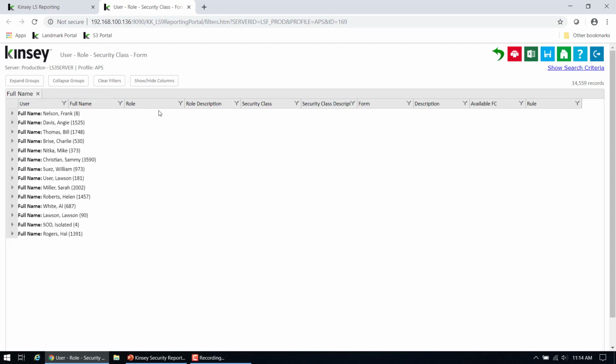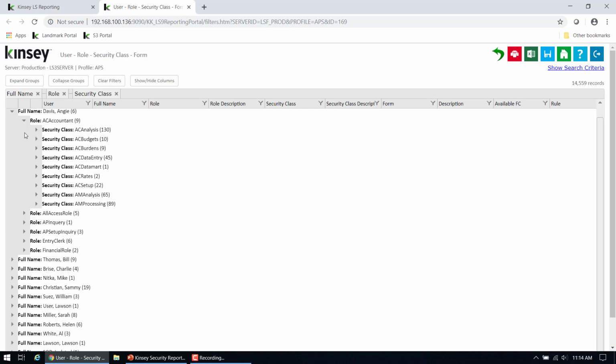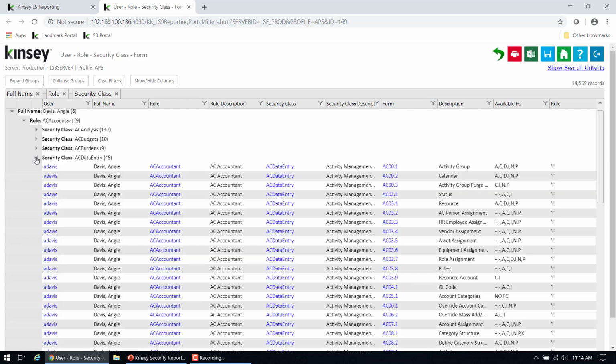Okay. And I'm going to group it by role. And I'm going to go by, and you can do descriptions or the IDs, whatever you like. And so now I see, Angie Davis has 6 roles. Those 6 roles are listed here. AC Accountant has 9 security classes, so the number indicates whatever the next grouping is. And then I can see that of her 9 classes, I got AC Data Entry has 45 forms, and here's